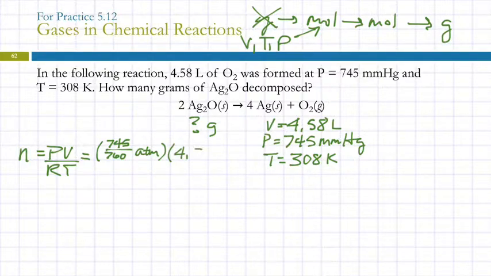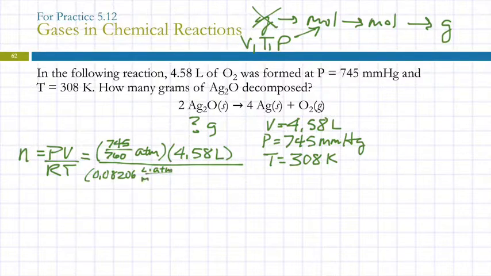Volume was given in liters. That's a blessing. And then we've got our 0.08206 liter atmospheres per mole Kelvin. And the temperature was also given in Kelvin, so that was very kind of them. So I'm going to do 745 divided by 760 times 4.58 divided by 0.08206 divided by 308 equals